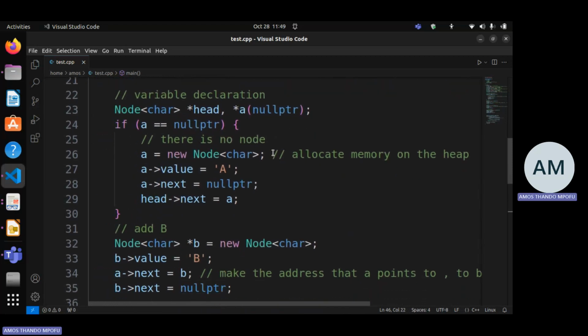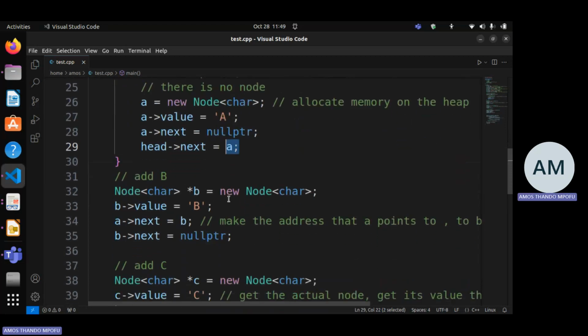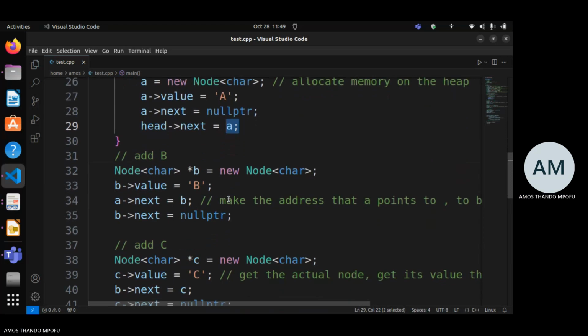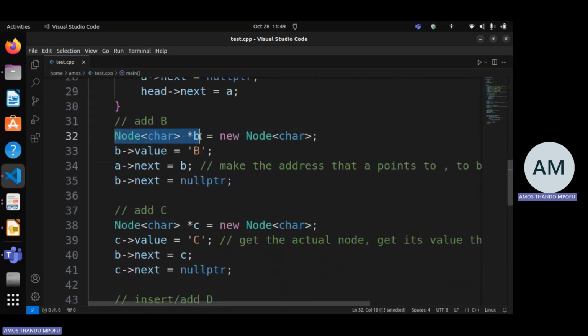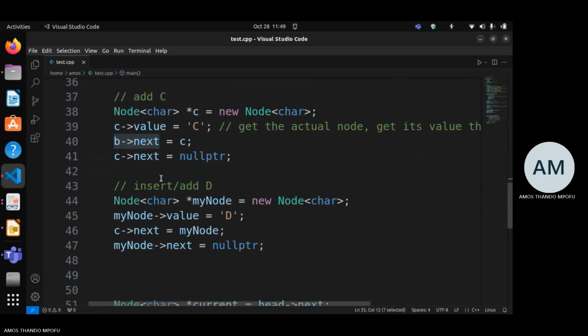Allocate memory on the heap. I set A's value to be the character A. And then A's address that it is pointing to, point to null pointer. And then head's next to point to A. Then that's fine. Then insert B. I create a pointer called B, set its value to B. I set A's next to be B. And then B's next to be null pointer. Because at that moment B was the